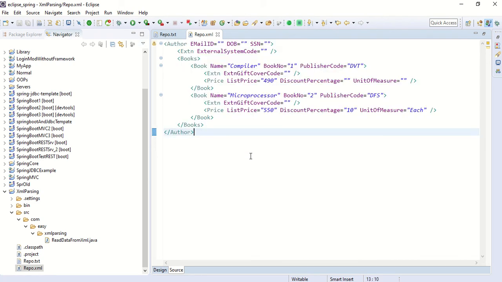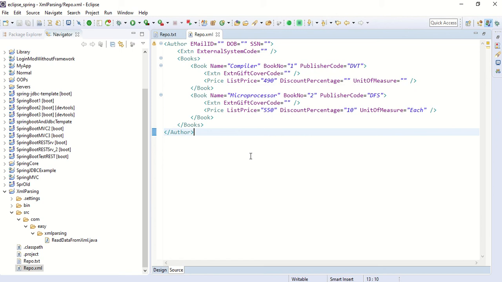Because of the tags, the entire file size becomes large, and it is difficult to send from one application to another, mainly over the internet. Sometimes it creates a problem. It increases the file size. That's the disadvantage.